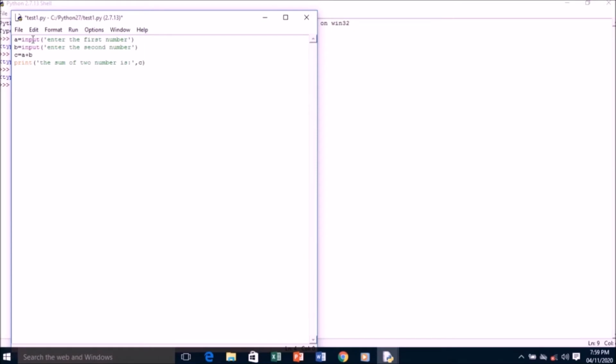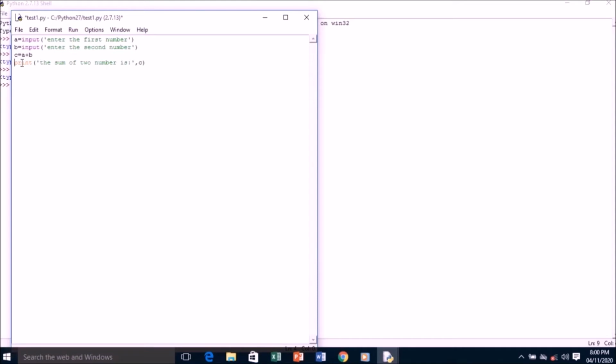When I enter any number here, it will be stored in variable a. When I enter the second number, it will be stored in b, and later on c is my third variable, that is equal to a plus b. That means whatever is stored in a and whatever is stored in b, both will be added and reflected in c.